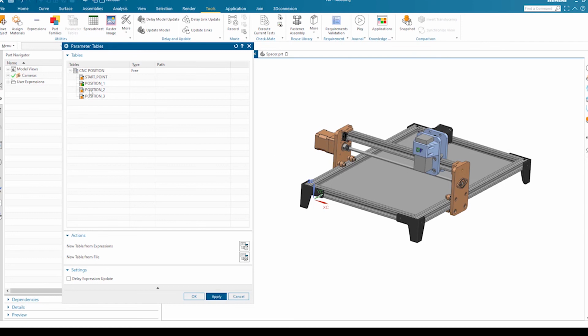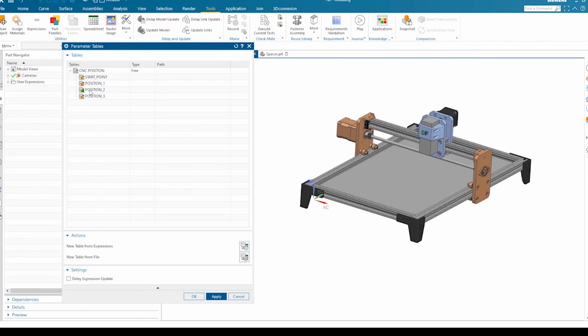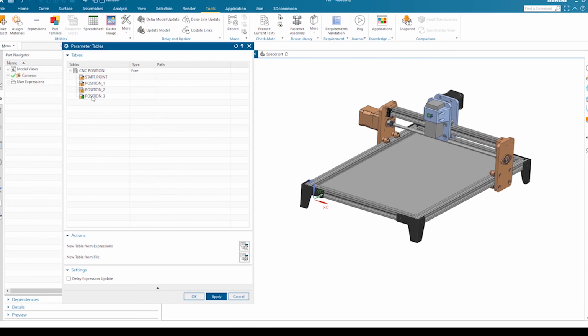In the second position it will move further to the back side, and the head should be moving to the left side, because we put a dimension like that. If I double click on position 3, it is moving further down. This is how you can create a parametric table.